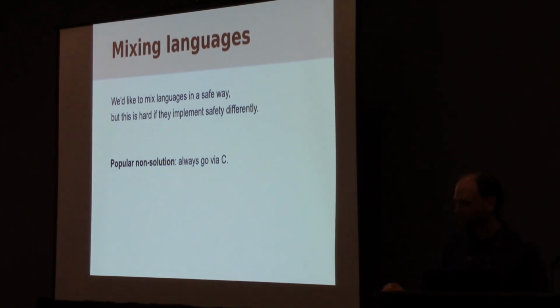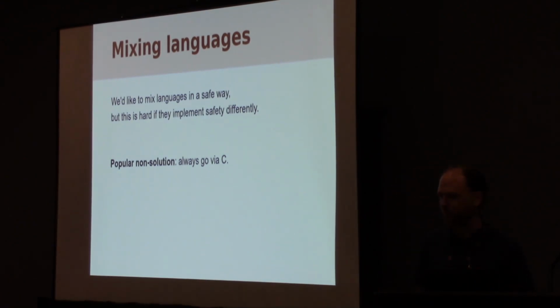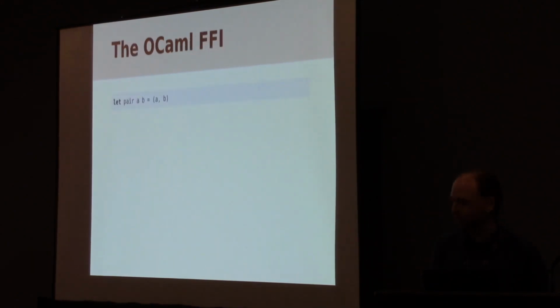There are some systems where the amount of code that you have to write to do a C binding, say if you're using SWIG, is very low. But if you get your use of lifetimes wrong, then no matter how safe the language you're trying to connect to is, the result is a completely unsafe thing that will crash or corrupt memory or be exploitable if you use things outside of the lifetime. So to explain just how much of a pain it is to interact with a garbage collected language via C, we're going to talk about the OCaml